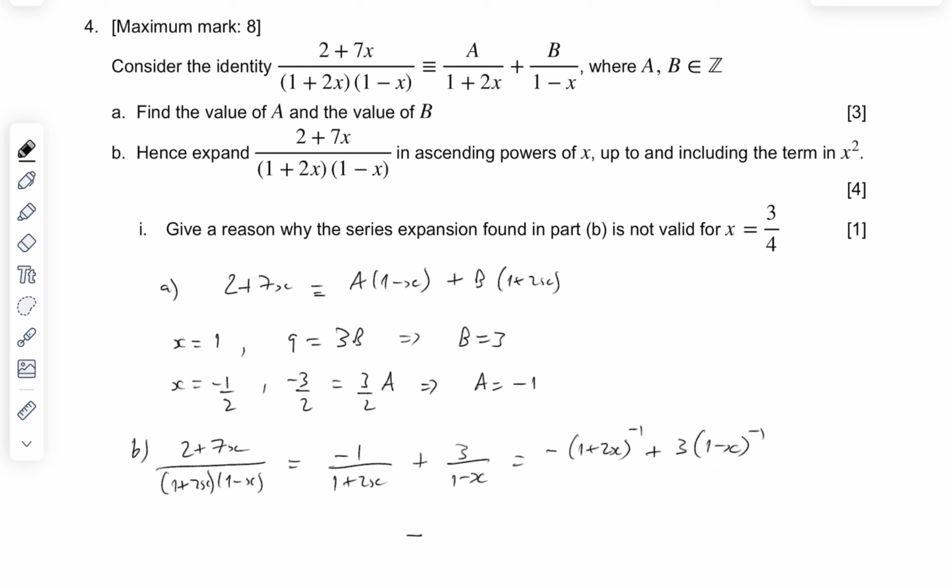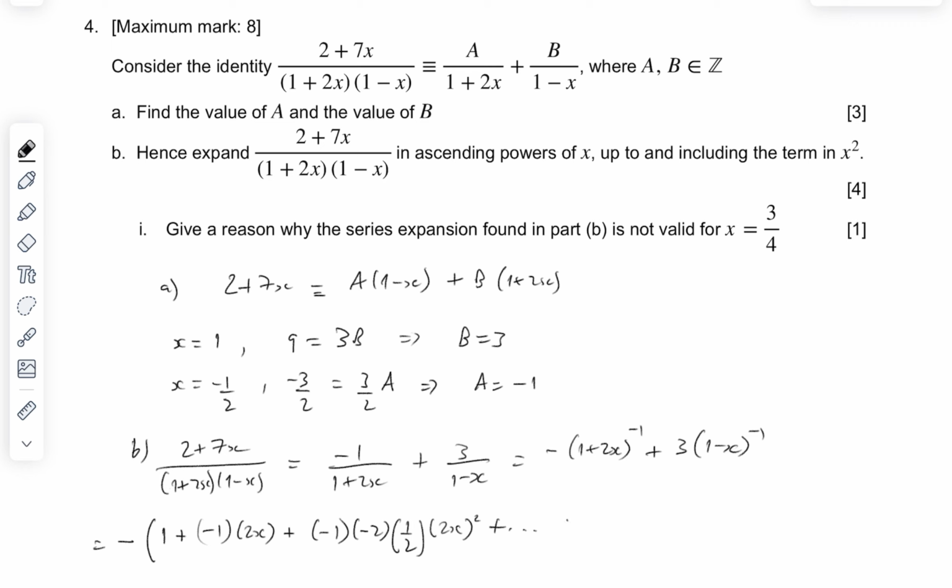So with the 1 there, we can do all the A's, so we get negative brackets 1 plus, that's negative 1 times 2x, plus negative 1, negative 2 times 2x, times 1 over 2 factorial, which is 1 over 2, times 2x squared, and that's going to give me x squared, so he wants us to go that far. So I do plus dot dot dot, slide that over a bit because I've not left myself enough room over this side,